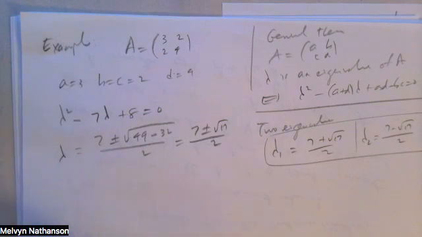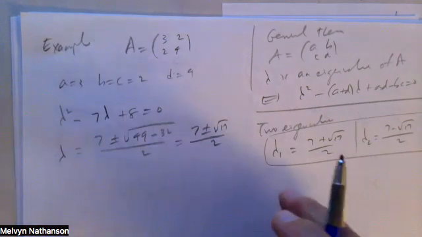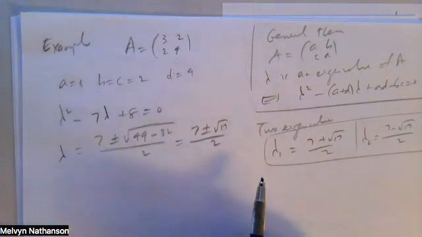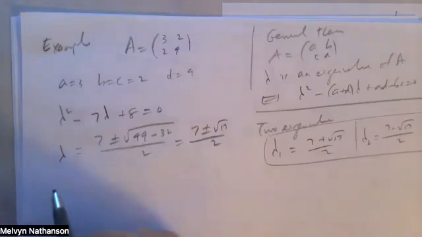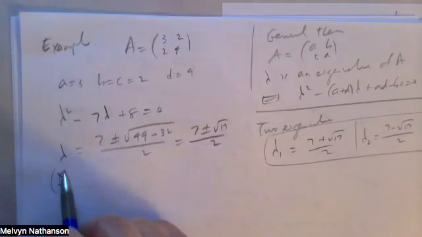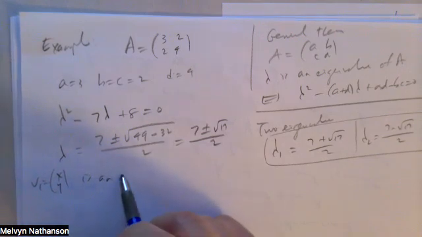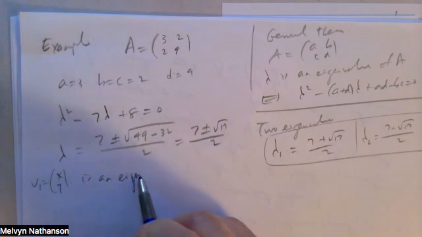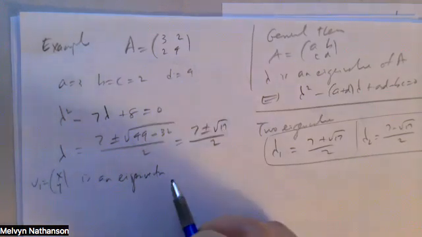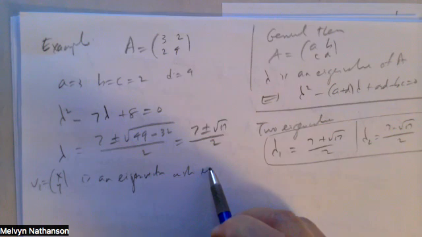Their inner product is 0. So let's look for an eigenvector for lambda 1. Let's see, (x, y), let me call this v1. v1 is an eigenvector with eigenvalue